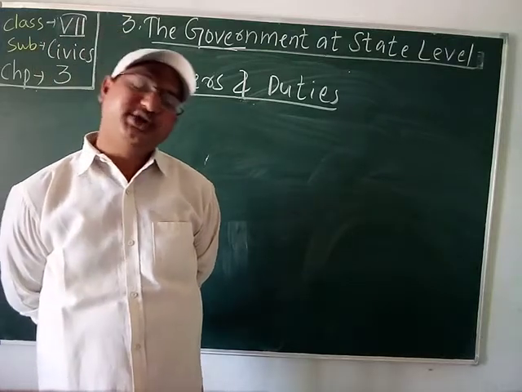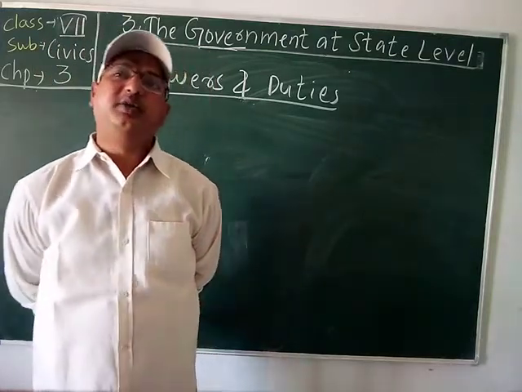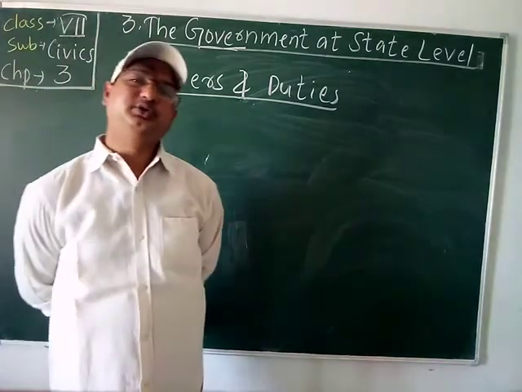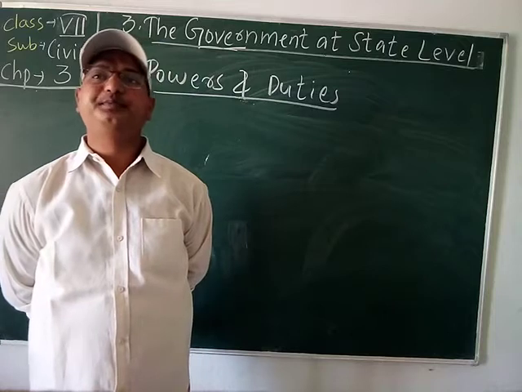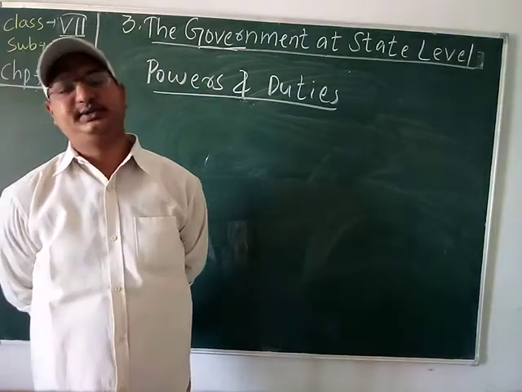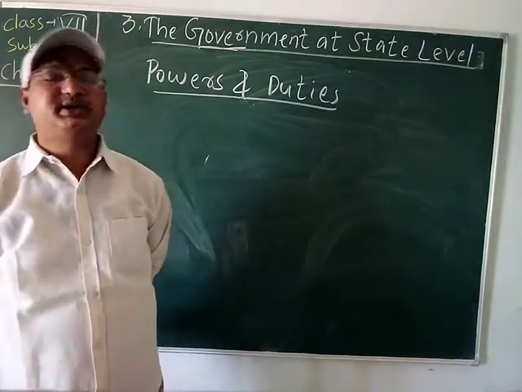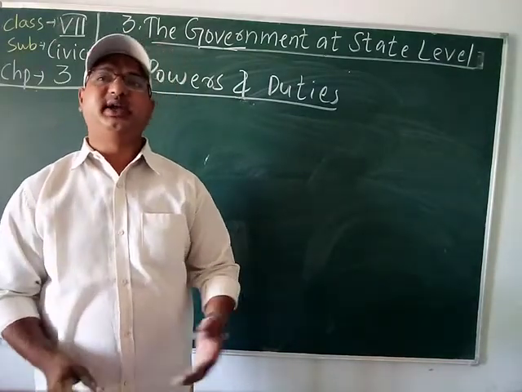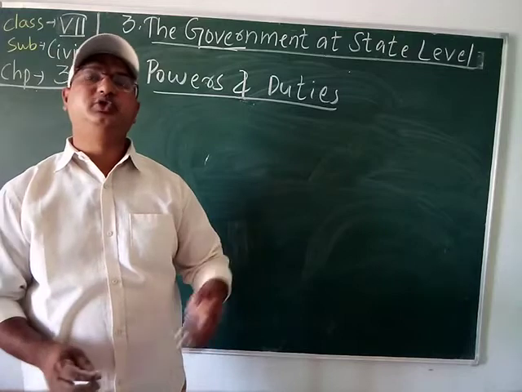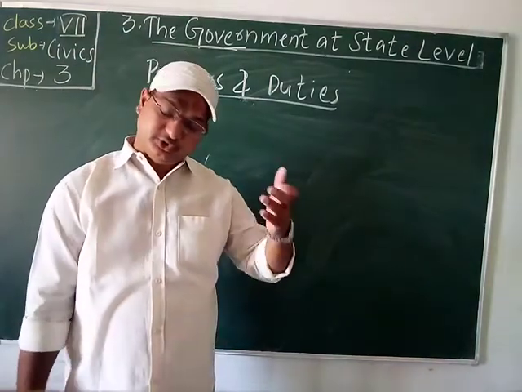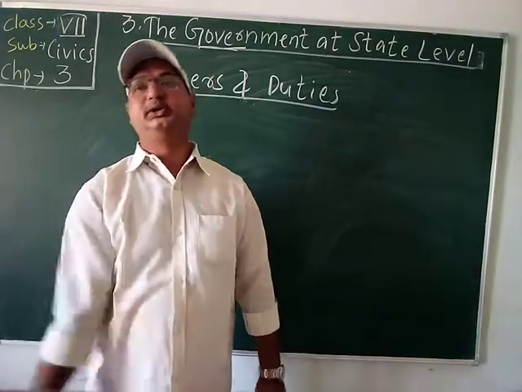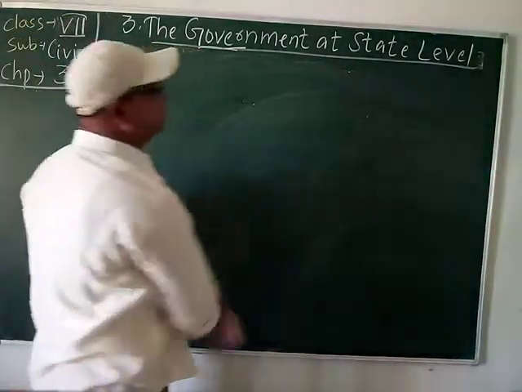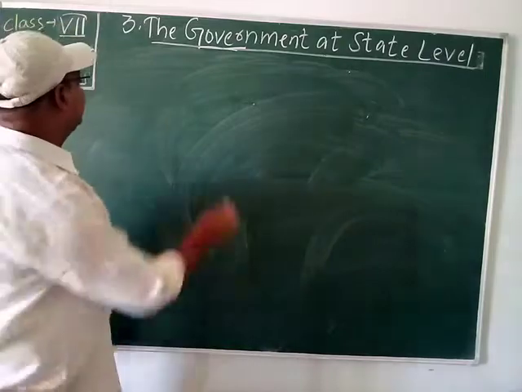If the governor of the state feels that a law passed by the state legislature will prove detrimental to national unity or is against the larger interest of the country, he can withhold his assent to that bill and can send it to the parliament. Oh, sorry, the president for its approval. Then students, we will read about the next two important organs of the government.